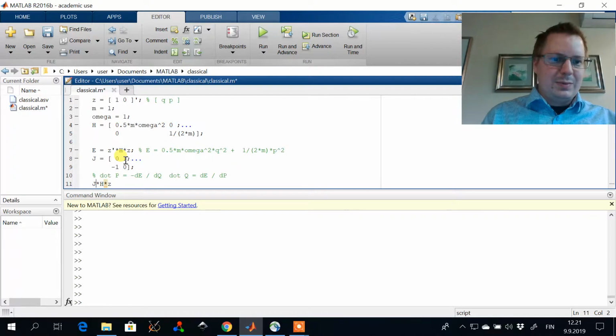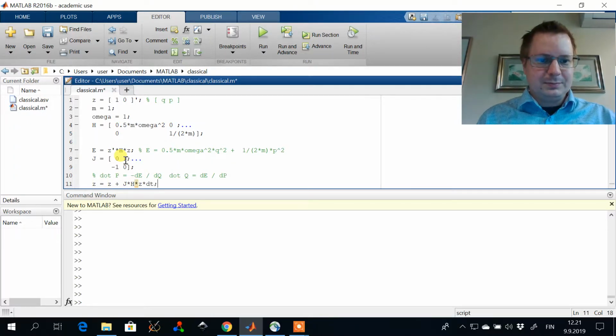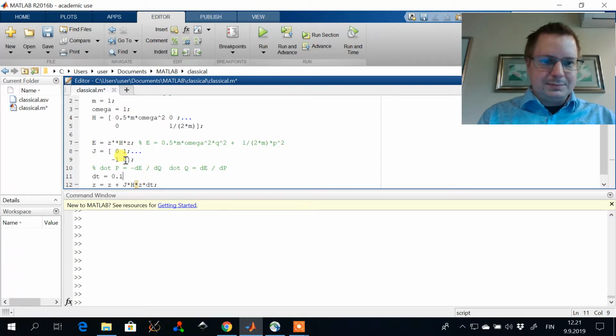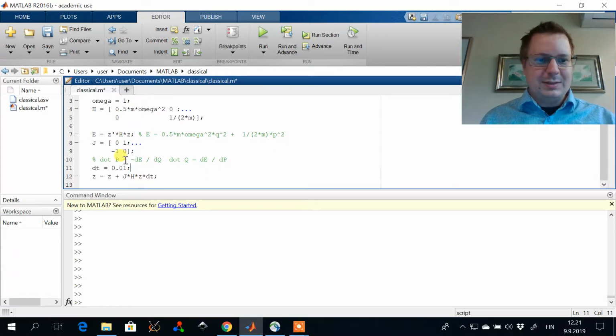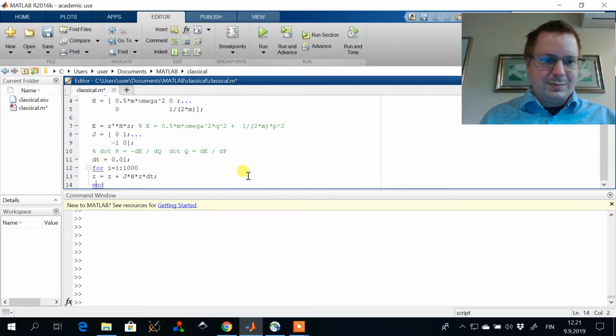So I can multiply this with the matrix, so I can code the propagator in such way that we have some time step, and we will update the position in phase space by finite difference approximating this Hamiltonian equation, and we can do it over 1000 time steps, and we can store the trajectory,